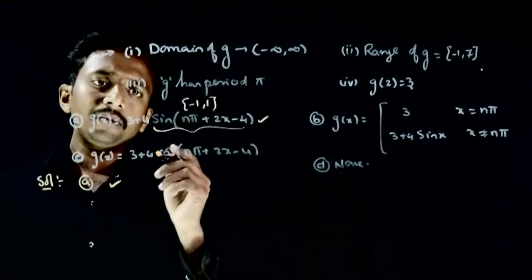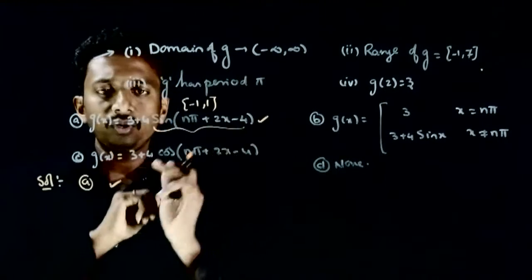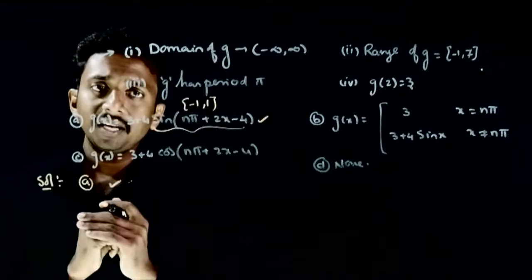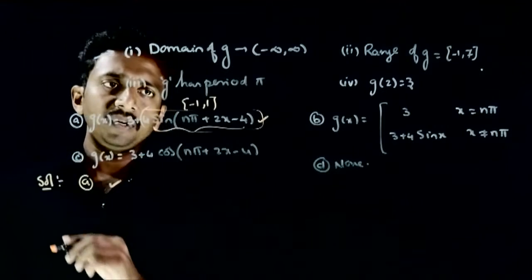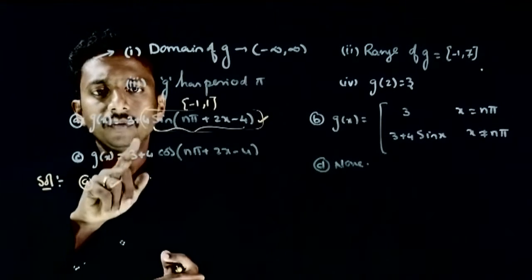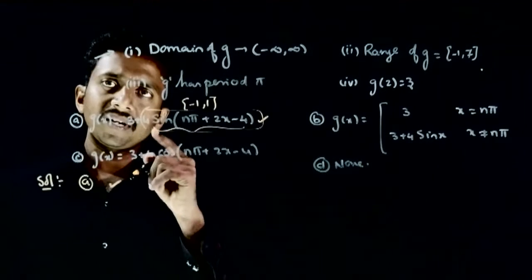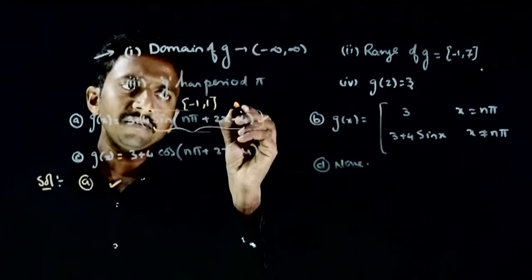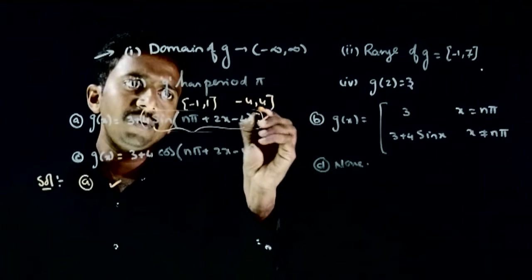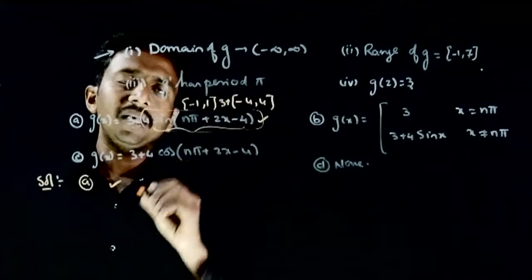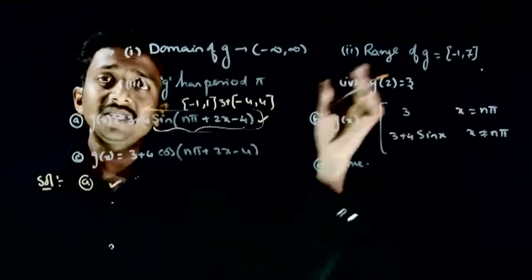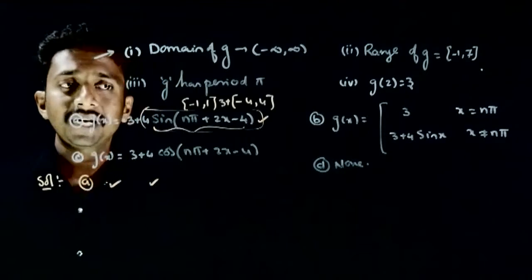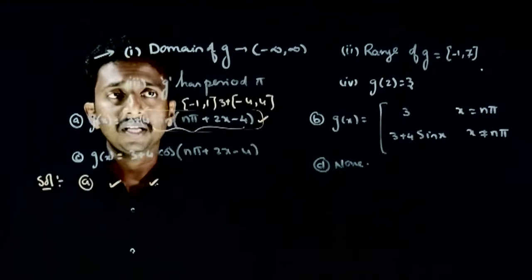So into 4 किया तो ये वाला नंबर जो है -4 to 4 आएगा। इसको +3 किया तो so this part has values between -4 and +4। इसको +3 किया तो -1 and 7 के बीच में आएगा। सही है, -4 से +4 के बीच में जो नंबर्स को 3 ऐड किया तो -1 से 7 के बीच में नंबर्स आएगा। So range is -1 to 7। So second condition is also right।